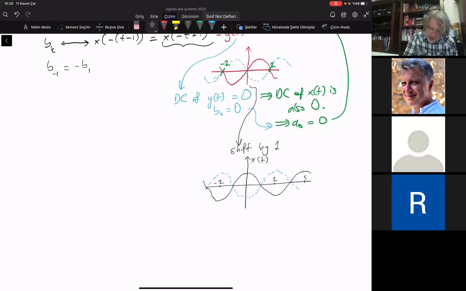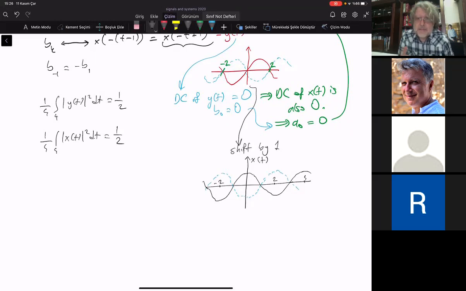We are given that 1 over 4 integral within a period y of t squared dt is equal to 1 over 2, which is the same as saying 1 over 4 integral within a period of 4, x of t squared dt is equal to 1 over 2. These two are the same things, because we are not scaling our signal. We are just flipping around and shifting, so the energy does not change. And this energy is defined in time,